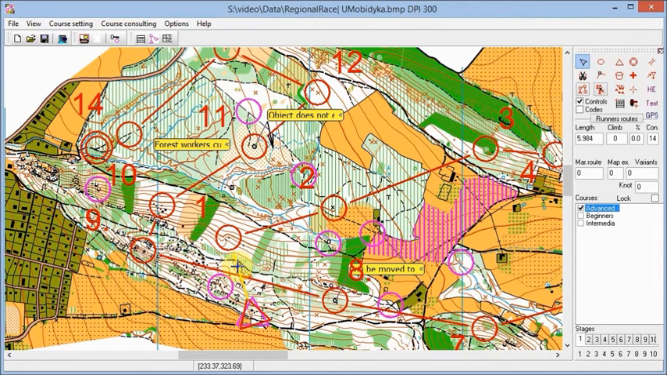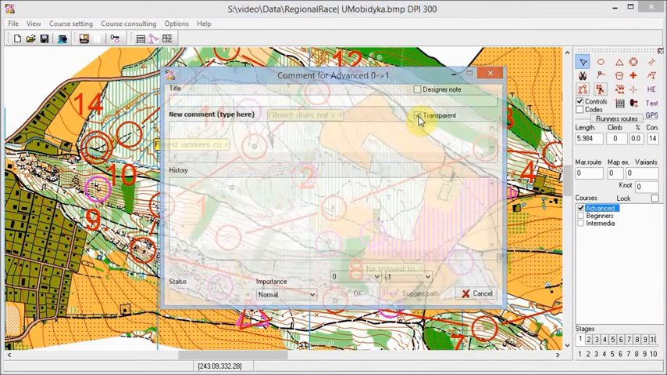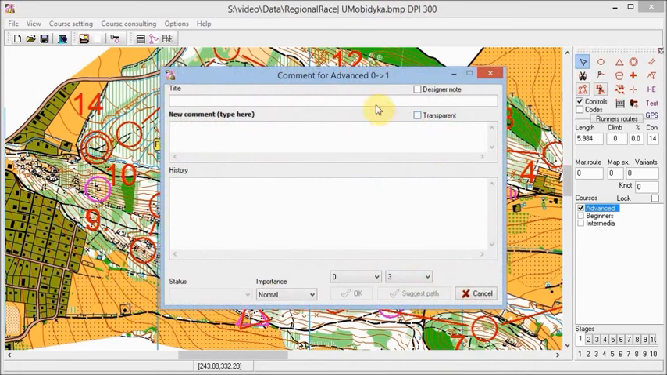He selects the leg, right-clicks and selects comment. He knew that it was from start to control 3. He can click the transparent window to see that it was correct and selects that the comment is related to start to control 3. Now he types the comment